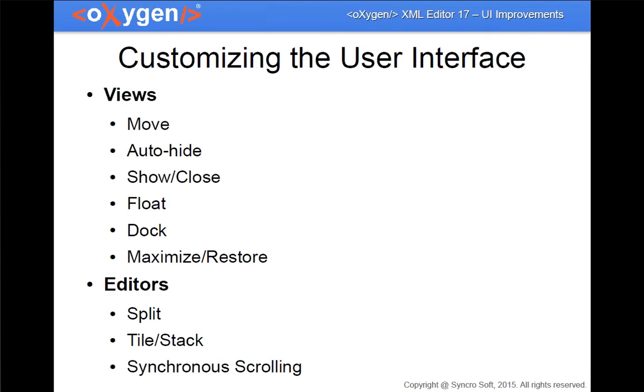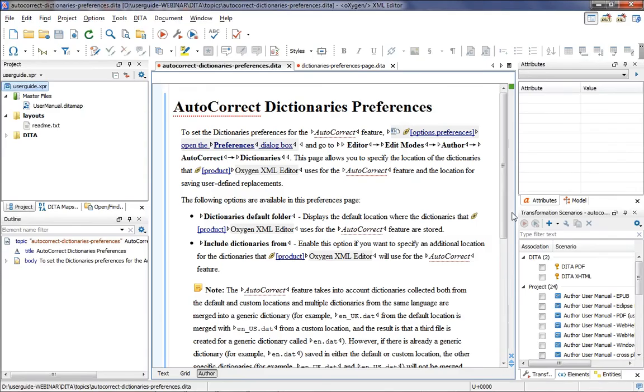We can also customize views and editors inside oXygen, not only the toolbar area. So let's have a look on what can be done about the views. We can move the views around. We can choose to auto hide them, to show or close them, to make them float, then maybe dock them back, to maximize them, or to restore to the initial size. And I will show this inside oXygen. Again, going back to our scenario,